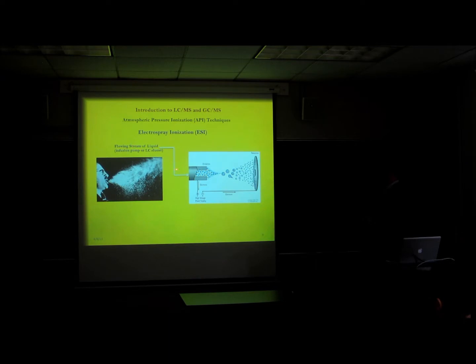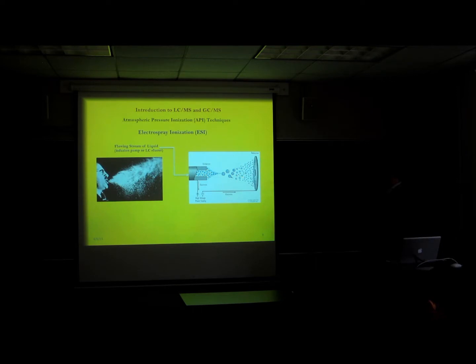This flowing stream of liquid goes through a stainless steel capillary that's held at a potential, either negative or positive, with respect to the entrance to the mass spec of about 3,000 volts. As this flowing stream of liquid goes through the electrospray capillary, these solvent droplets containing analytes become highly charged. There's a flowing stream of hot nitrogen coming over the top of this capillary. This ionization chamber, which is under atmospheric pressure, is also heated so that these droplets begin to desolvate and begin